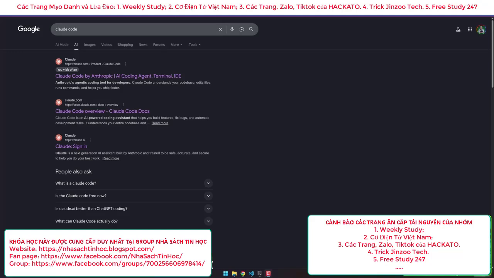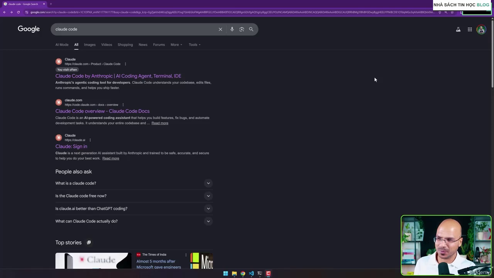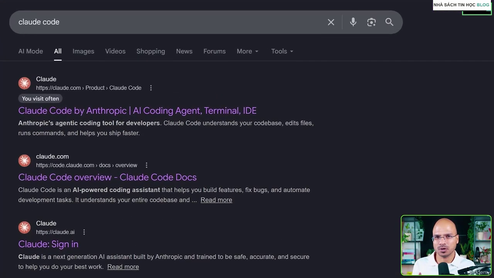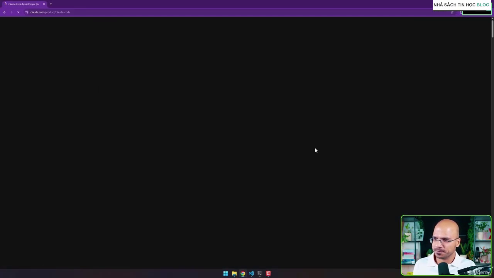It's time to do the setup. So if you want Claude Code on your machine, of course, that's what we want, right? To build it. So you have to go to Google and search for Claude Code. The setup is actually very simple, but there are certain things which we are going to see. So when you search for Claude Code, it will take you to the website. So this is where we are.